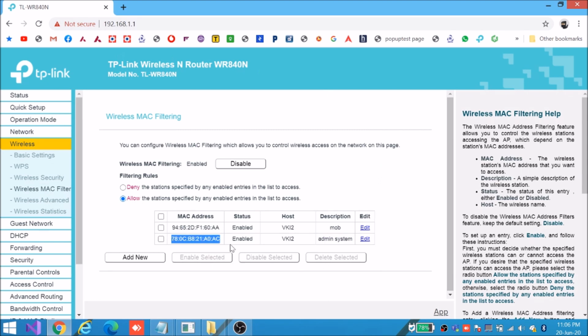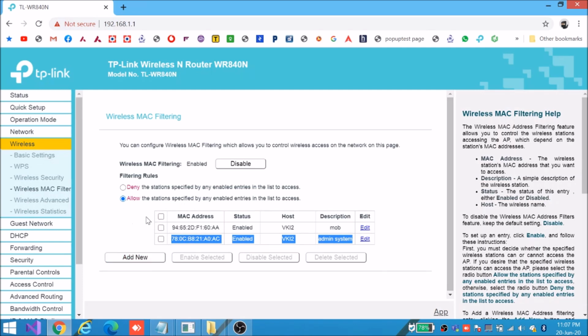If this device is not here, then only the other device will be allowed and I will not be able to make any changes from this device, mostly I will not be able to access this IP, because initially the router is connected to this device and all the setup was done with this device. So this is the admin device here. This MAC address must be listed here when you are allowing some device.